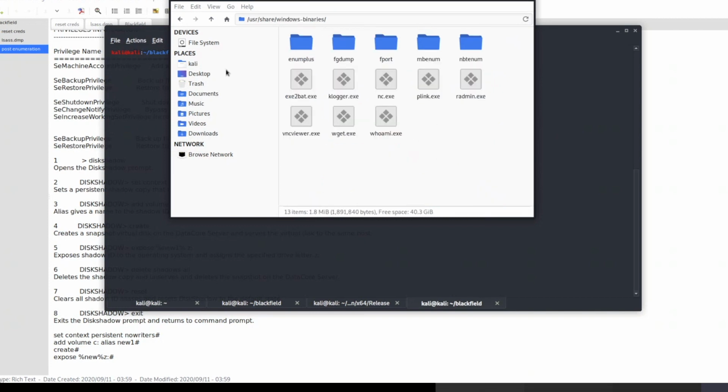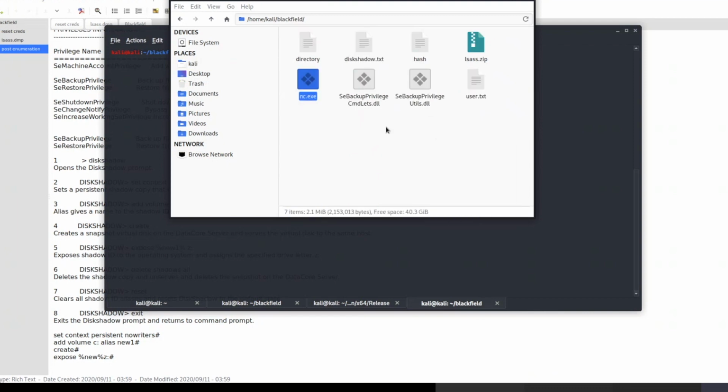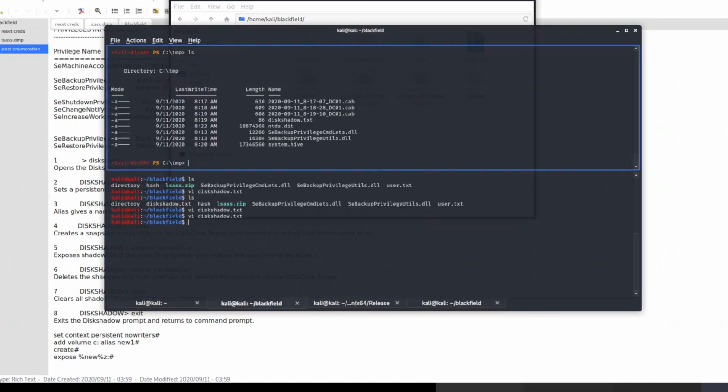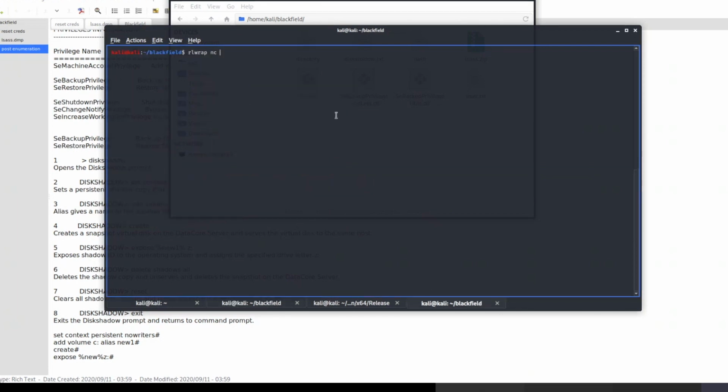Okay, we need netcat. Let's copy netcat and then put it inside BlackField. So what we can do is we can simply write upload nc.exe, and then we can use rlwrap to actually